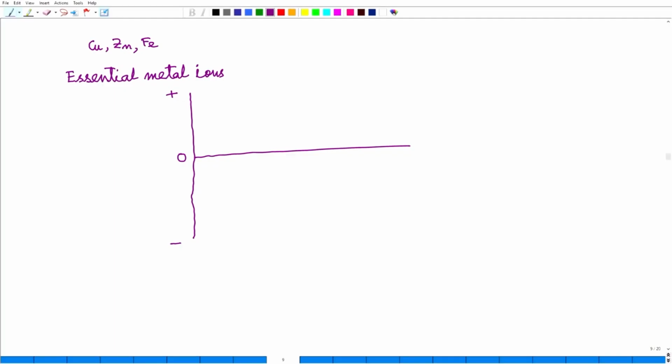Let me change the color of the pen. So, suppose I am talking about what the curve looks like for copper. When copper is very small amount or absent, there will be minus here. Then what is the problem? We will have disease and we can die,